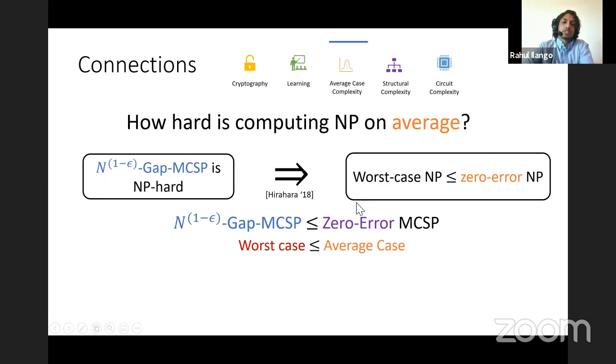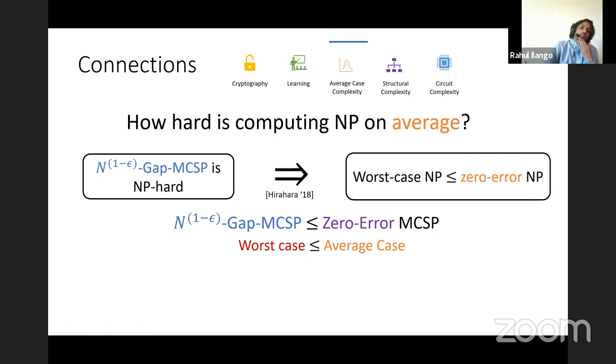And this was a really exciting result because there were these kind of no-go theorems that said you can't do this using the usual techniques. You can't do this using black box techniques. And MCSP, being this meta computational problem that involves circuits in its definition, allowed Hirahara to open the black box and give this worst case to average case reduction that's not black box, and is very interesting. And to be clear here, we don't know whether or not this hypothesis is true, but it gives this conditional result between worst case and average case complexity.